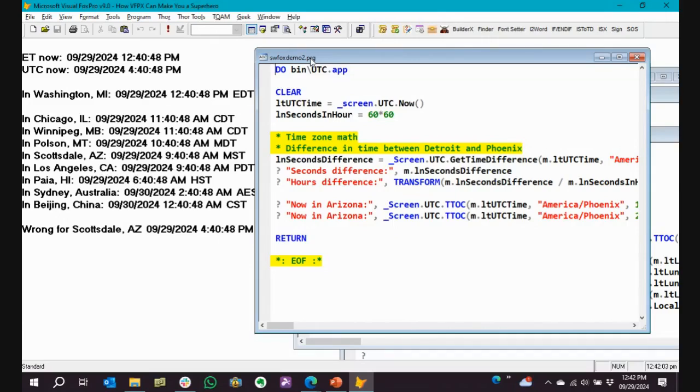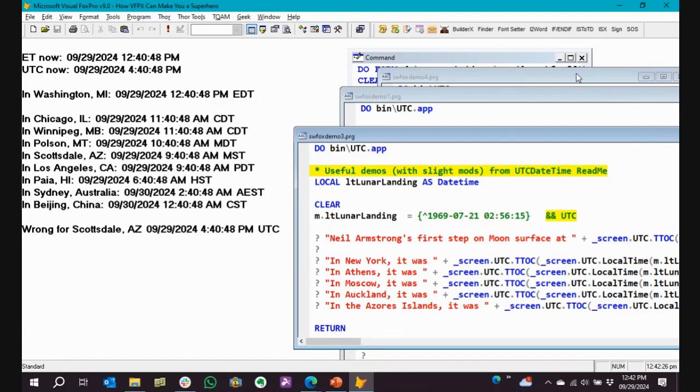And then you can do time zone math. So if you want to know how many hours it is between time zones, all you have to determine is what time is it now. And then there's code here that will actually do the calculations because you'll have two different times, and you just subtract and you'll figure the hours out. Really good code for systems that need to run on universal time instead of local time. If you have users in multiple locations running over a remote desktop, for instance, you want to reflect their time, not necessarily the time that the user 3 time zones over saved the data. Okay, any questions on that?